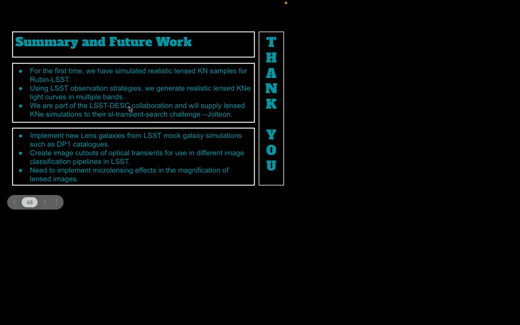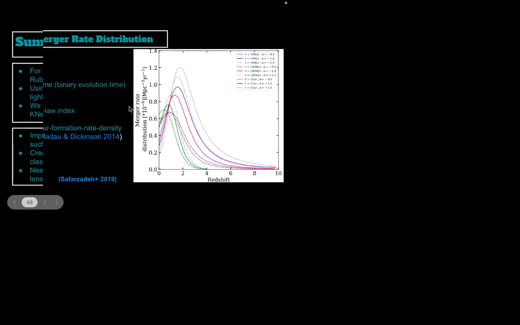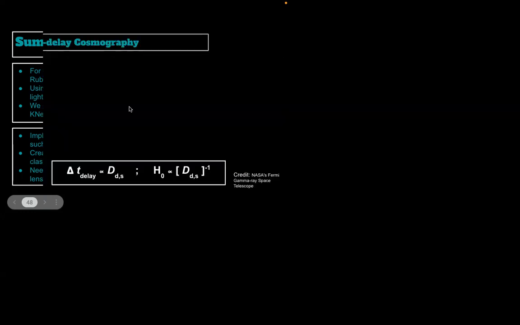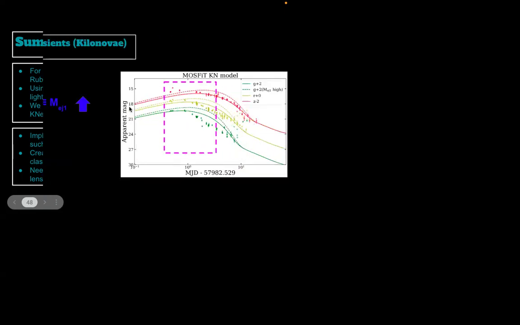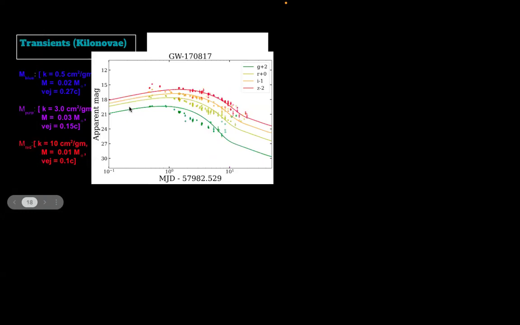Okay, questions, comments, thoughts, suggestions? Yes, sorry. Could you please go back to the slide where we were fitting the light curves, getting the different kappa, velocity, mass? Yeah. So you can see that you are fitting these light curves and getting those parameter values. But also, I haven't done the fitting.